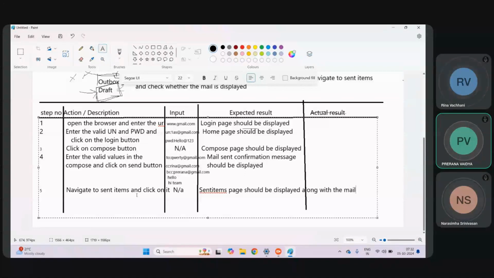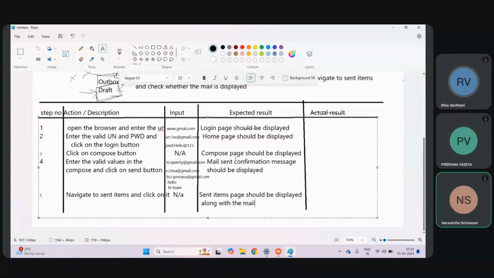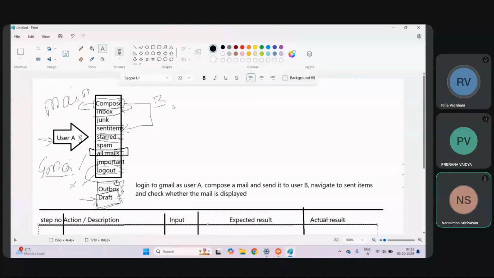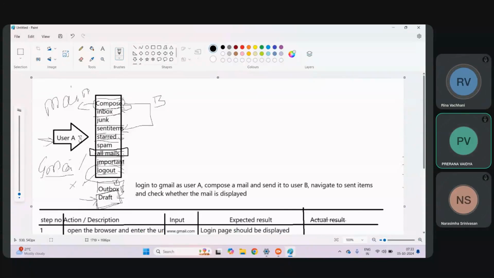Correct. Yes or no? Yes, sir. Why along with the mail? Because I already sent the mail, so I'm looking for that particular mail only. Correct. Got it? Yes, sir. So if the mail is displayed, then I can tell my testing is passed. So for example,